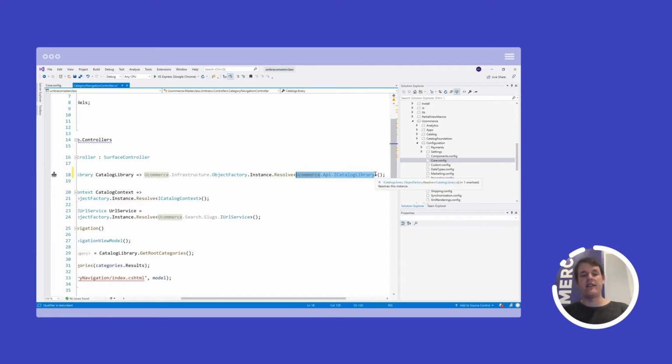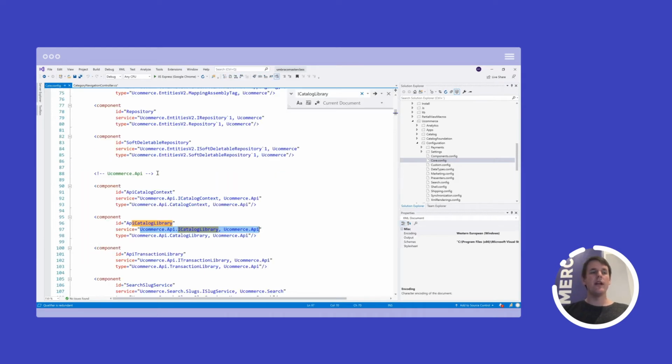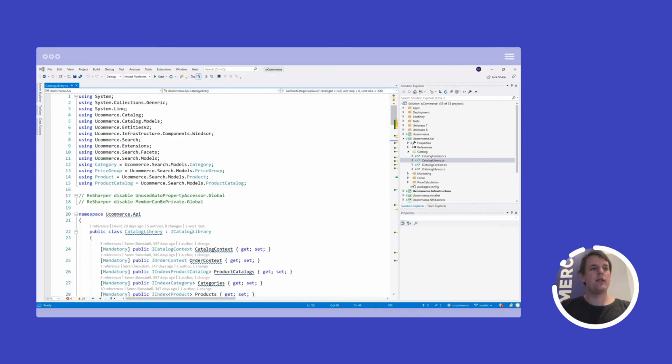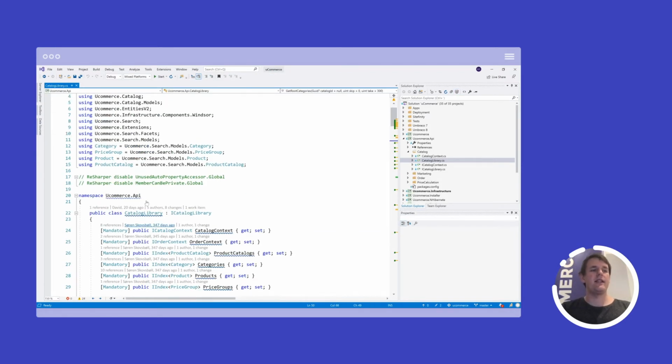In this case, it's an interface sitting in the namespace called UCommerce.Api. And then the implementation can sit in any assembly whatsoever, your own, the UCommerce core one, wherever you want to use an implementation of this service for. So if we take a look at the type called CatalogLibrary, we can actually see the type right here. CatalogLibrary is sitting in the core UCommerce APIs and assemblies.